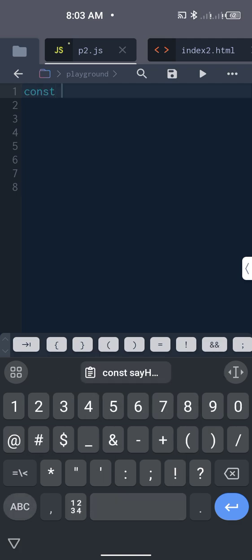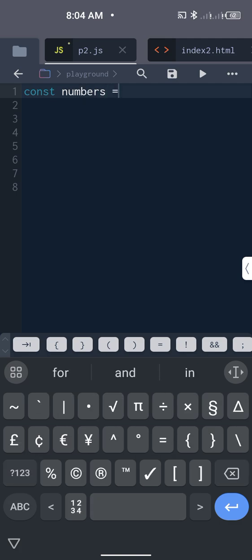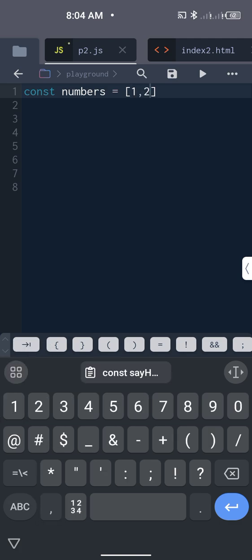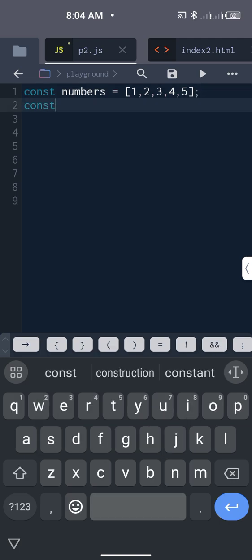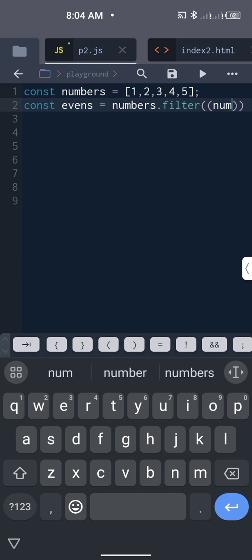So let's create an array real quick. Constant, we're going to call it numbers. This is going to take in 1, 2, 3, 4, and 5. Now let's call this evens. Sorry, typo. Evens is equal to numbers.filter. Now it's going to take in